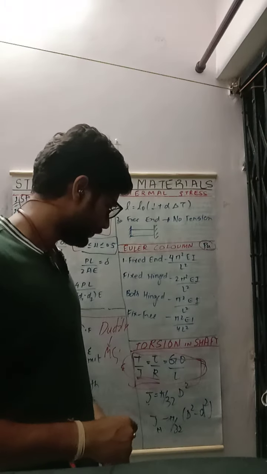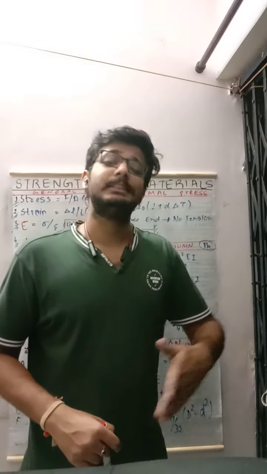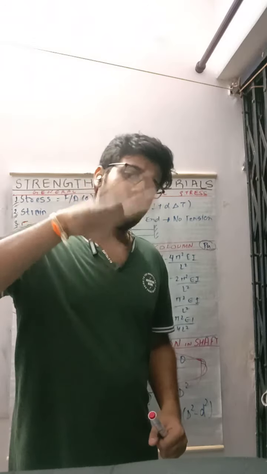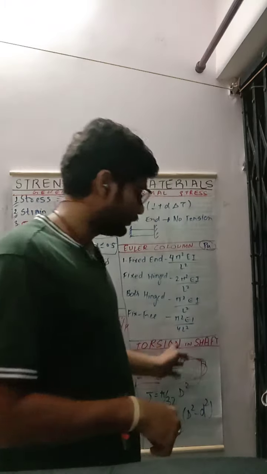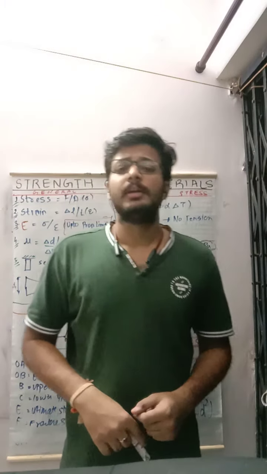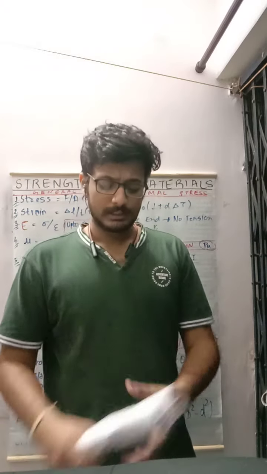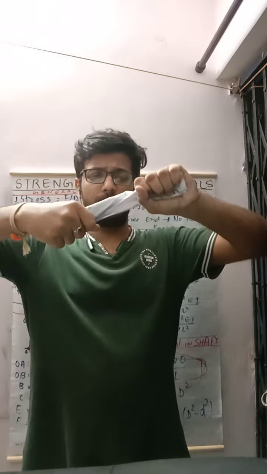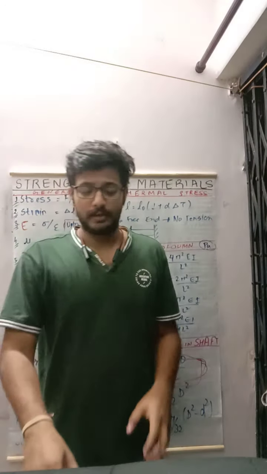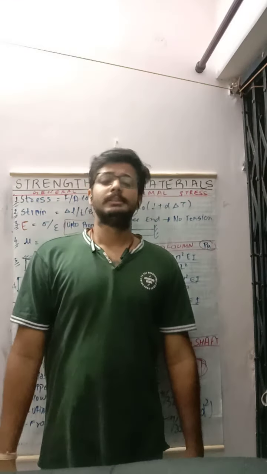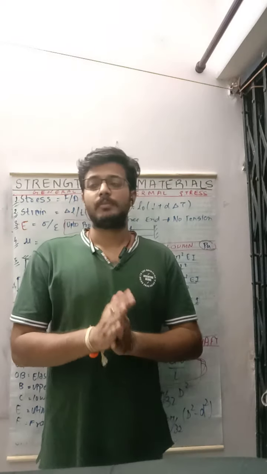Good to go? Then T by J is equal to tau by R. Tau is the shear stress. R is the radius of the shaft, the outer radius. Don't take the inner radius in the case of a hollow shaft. This is equal to G theta by L. G is the shear modulus, which will be given to you in the question; it's a constant. Theta is the angle of deformation. Suppose this is the initial position, and if I deform it, there is a certain amount of angular deformation from the axis. So that angle of deformation upon the length of the rod gives G theta by L. So T upon J is equal to tau upon R is equal to G theta upon L. It's a very important formula.